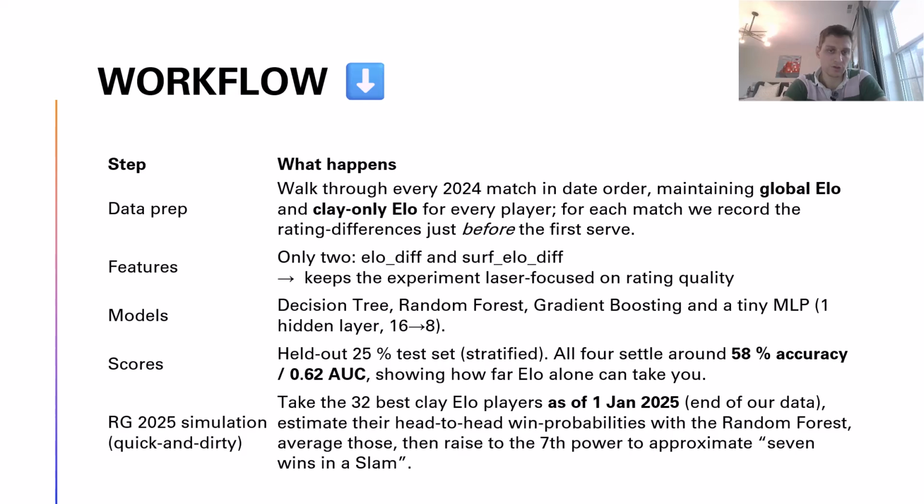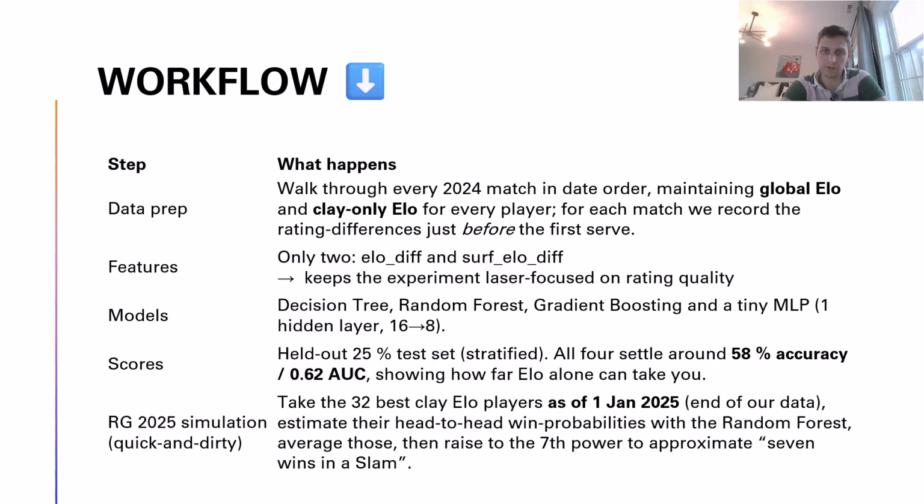Features are going to be only two for the first pass at the problem: the ELO difference and the surface ELO difference. This is keeping the experiment laser focused on rating quality. The models that I'm going to be considering are decision trees, random forest, gradient boosting, and even a tiny neural